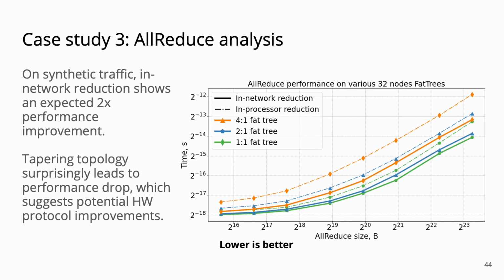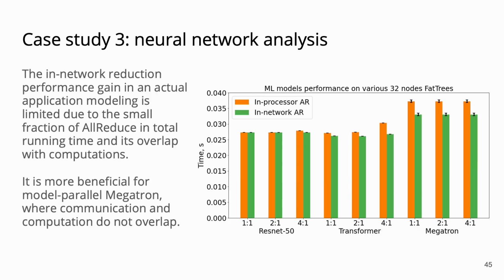We ran the study for several factory configurations with different top-rank factors represented by different colors on the chart. We can tell that lines corresponding to in-network reduction support, solid line for each color, provide about double network throughput gain over a processor reduction, dashed dotted line. However, networks with various top-rank factors perform differently. It indicates that AllReduce traffic is modeled as all-to-all and not neighbor exchange. It is typical for memory semantic networks like the NVLink-based network of GPUs, so the study suggests possible protocol improvements.